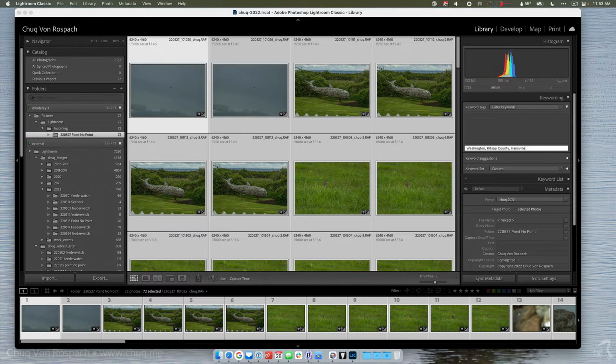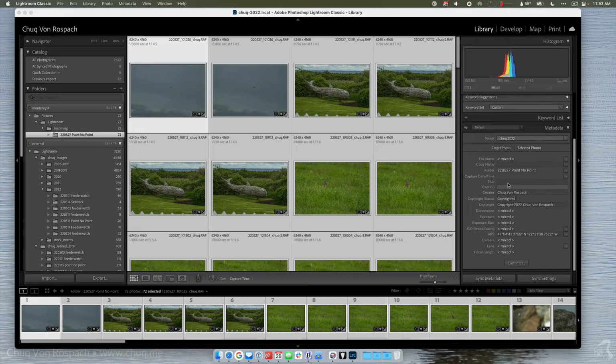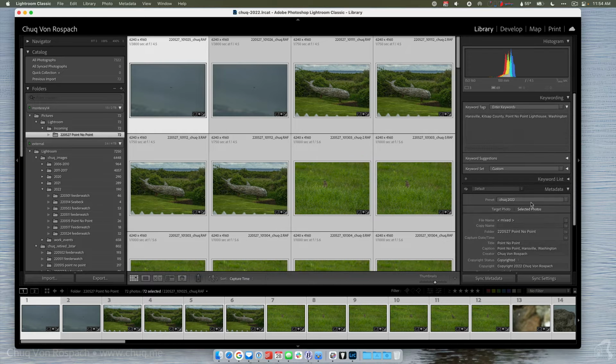And this area is in Hansville. There. And then I will come down and I will type in a basic title and caption, and that's all I do for the first round of editing. For my final images, I will go back and put a little more detail in there. But my goal is not to spend a lot of time on doing this kind of work until it's actually